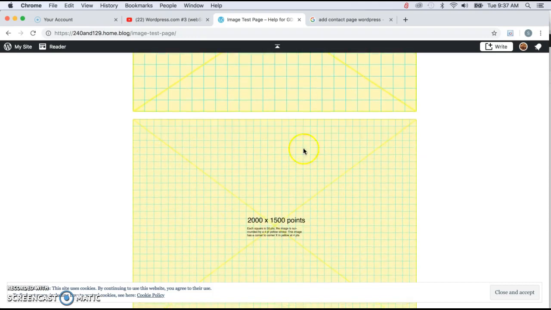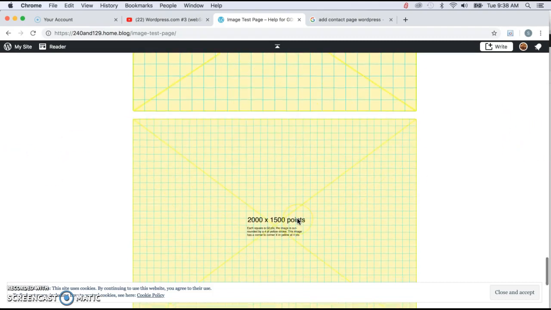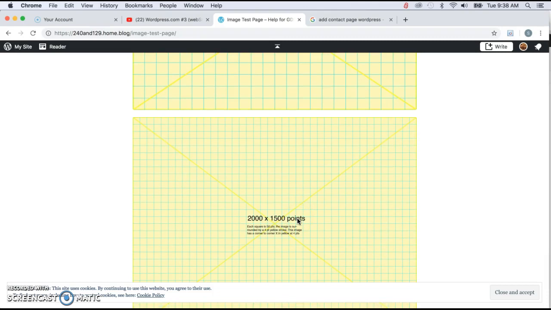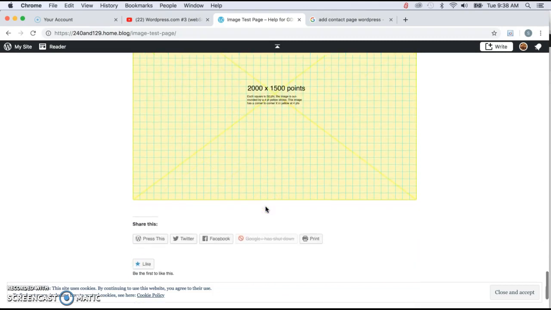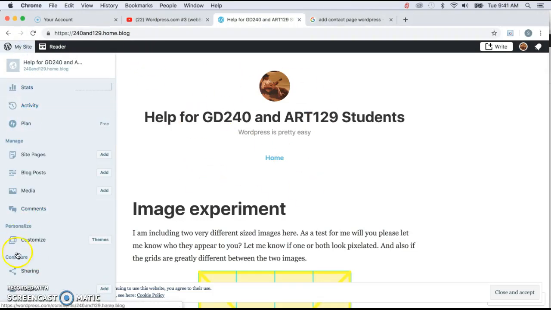And then the bigger one, it's even more obvious. But now if you are using an image all the way across the screen, then the higher resolution to a certain point is going to be your friend. Now, if this bothers you that once you preview a site and then you click back here to get to